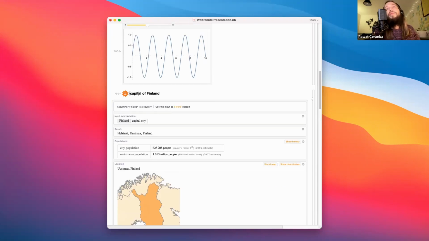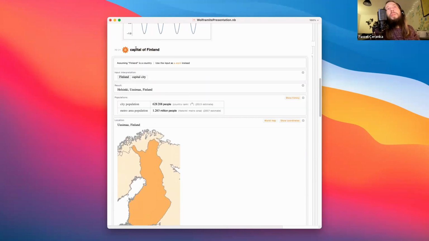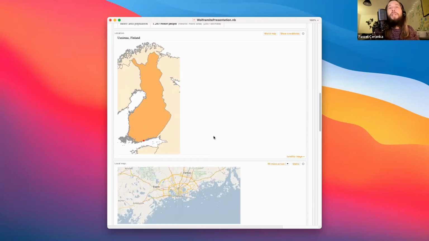The cool thing they have is integration with their natural language processing, and Wolfram Alpha, which is another product built on top of this technology.